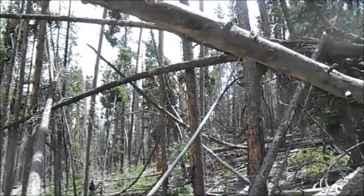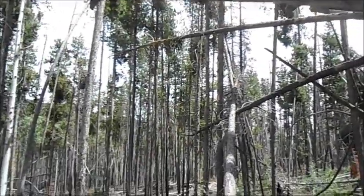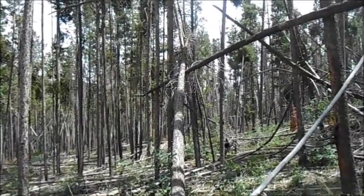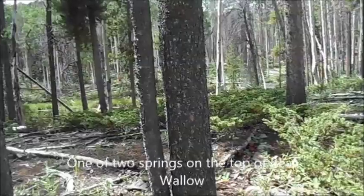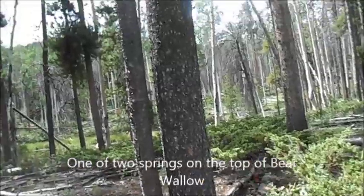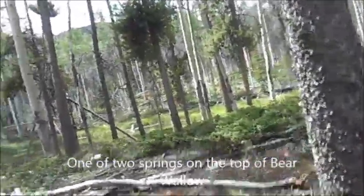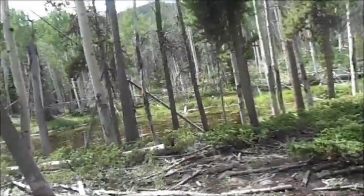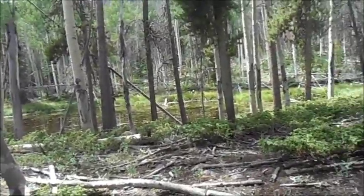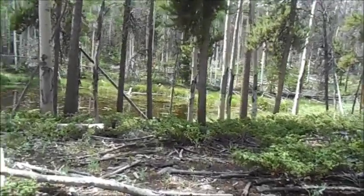So I can see why a bunch of sighting reports and a bunch of vocalization reports are starting to come out of this area. Well, they've been coming out of this area, and they have been coming recently. Alright, we hiked about 3 miles in here where there's a lot of Bigfoot activity, and Brody's been taking us in, showing us the structure he found back here, and we've found close to a dozen suspect structures,